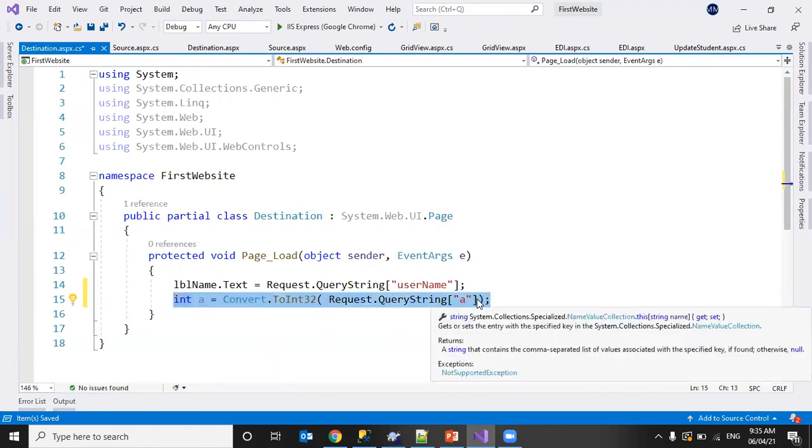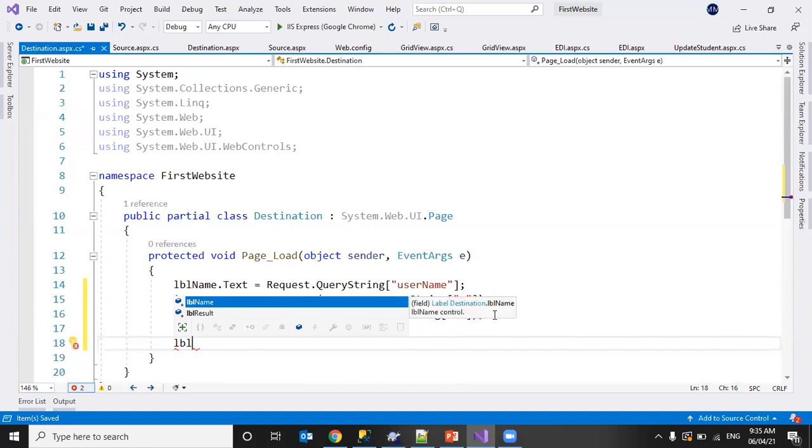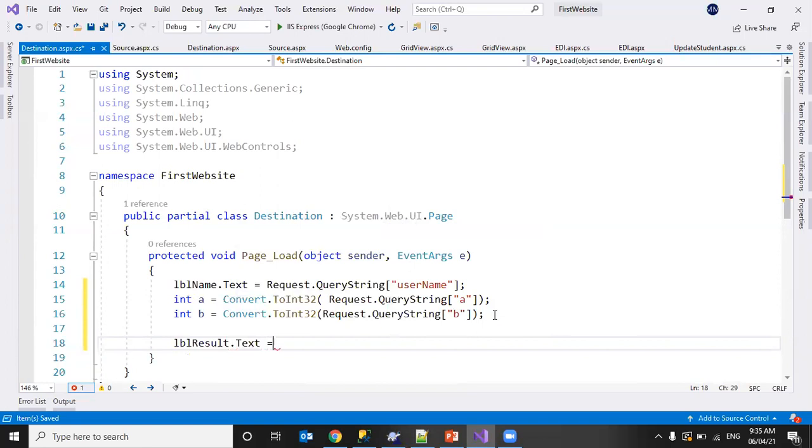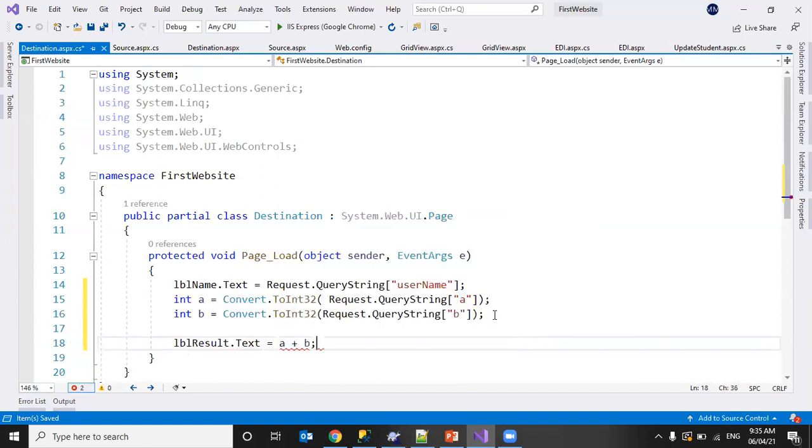In the same manner, let me copy this and paste here and take it into b, so here it will be B. Now I want to display the result on a label, just an example of how we pass the data. So a plus b.